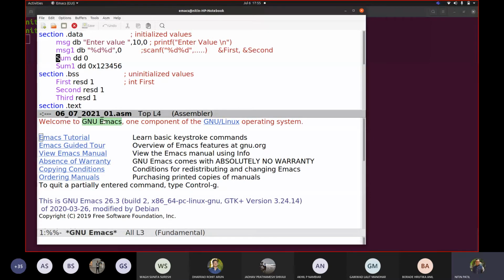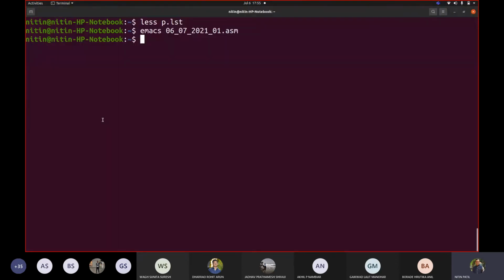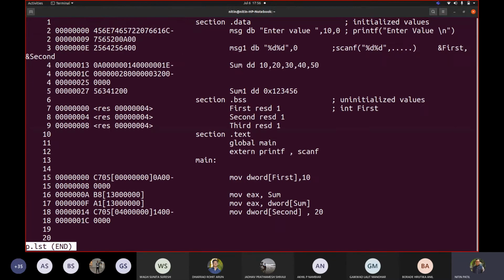Now suppose I write like this: 10, 20, 30, 40, 50. So I'm declaring this array. It is represented as an array of 5 numbers, each of the size of 4 bytes. Now see how this would be translated.